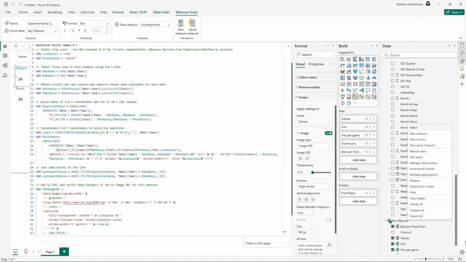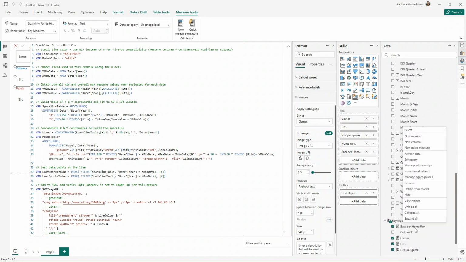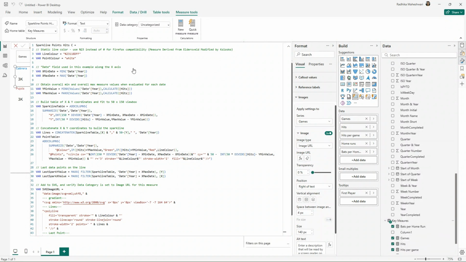Similarly, I'm going to create another measure, right click and click on new measure. This one would be for hits for C, where I have replaced those games with hits everywhere. And the next measure would be hits for P, where the color is red.